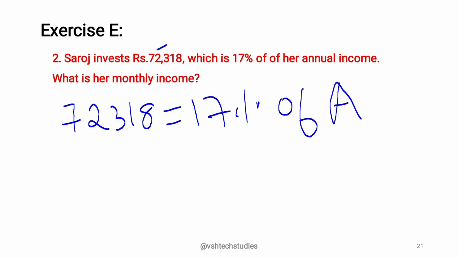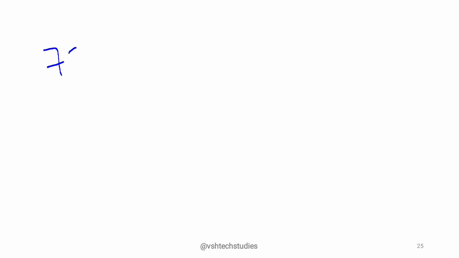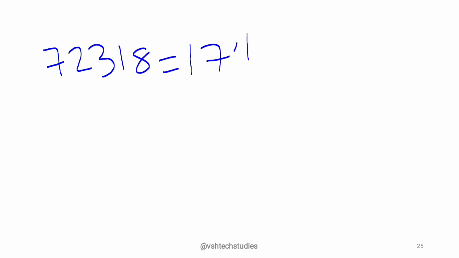So we'll take it as A, or you can take it as X also. What is X here? Annual income. So once you find X here, what is her monthly income? So X divided by 12 will give the answer. That will be monthly income. So this is the analysis and approach to the problem. So 72,318 equal to 17% of